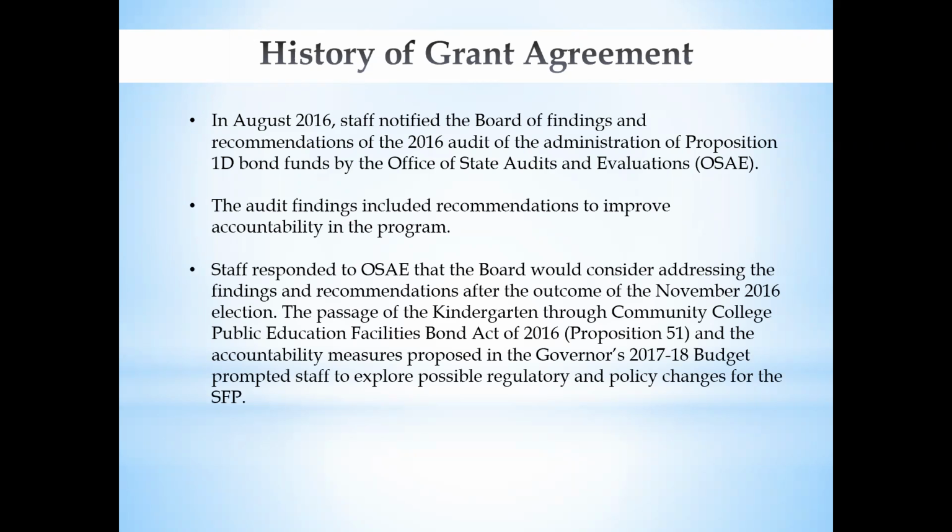Staff responded that the board would consider addressing the findings and recommendations after the outcome of the November 2016 election. With the passage of the Kindergarten through Community College Public Education Facilities Bond Act in 2016, or as most of you know, Proposition 51, and with accountability measures that were proposed in the governor's 2017 and 2018 budget, this all prompted staff to explore possible regulatory and policy changes for the school facility program and look for ways to improve accountability in the program.